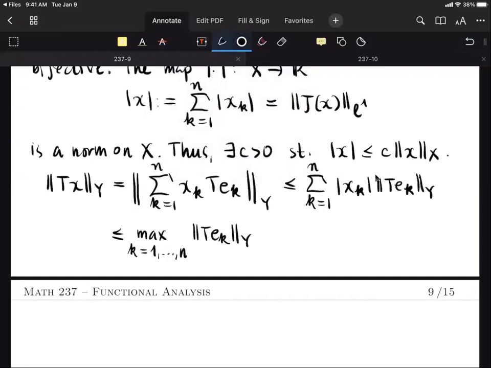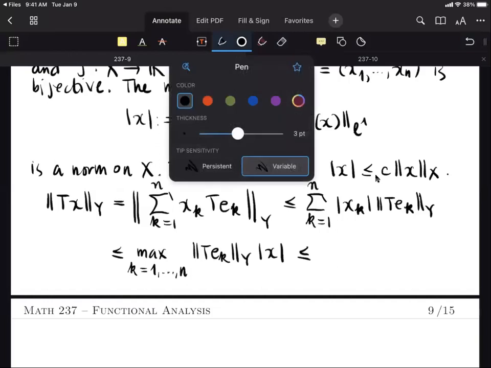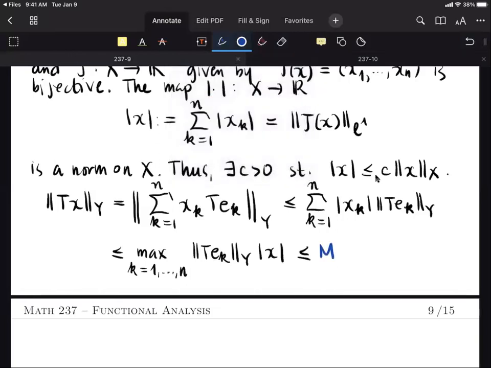Taking the max, you obtain this inequality, which is, by definition, this norm of x, according to this one. And this is now less than or equal to some constant m times the norm of x,